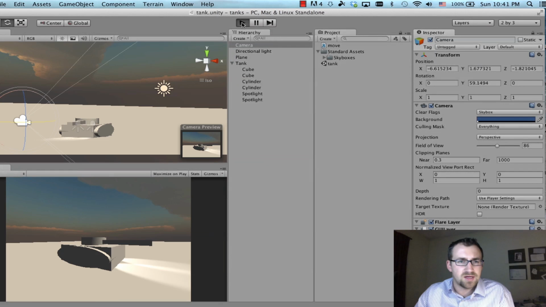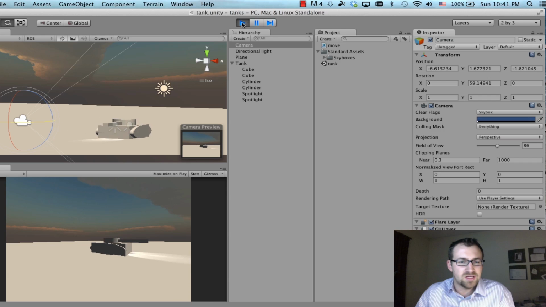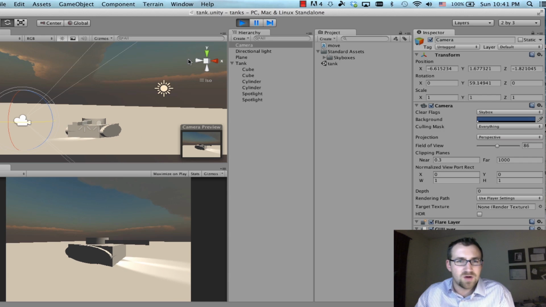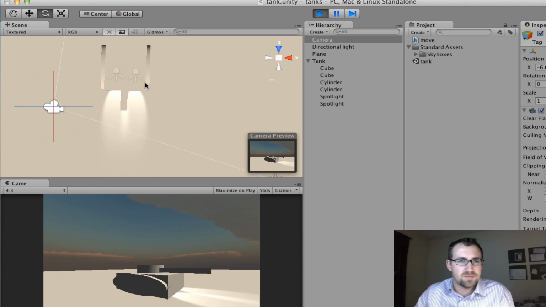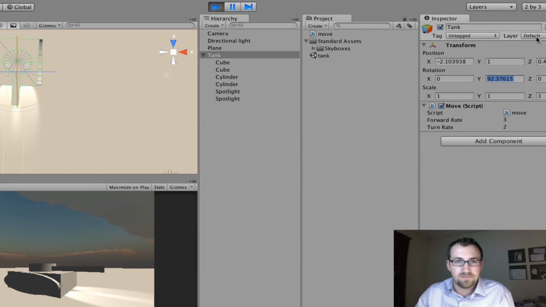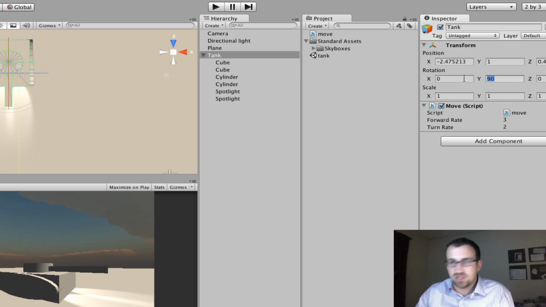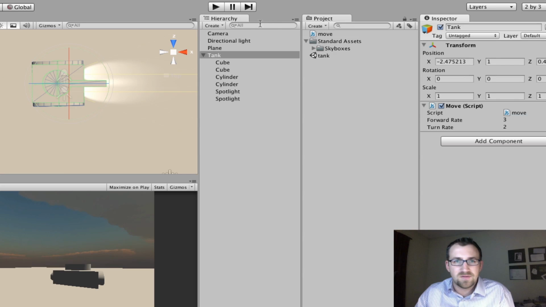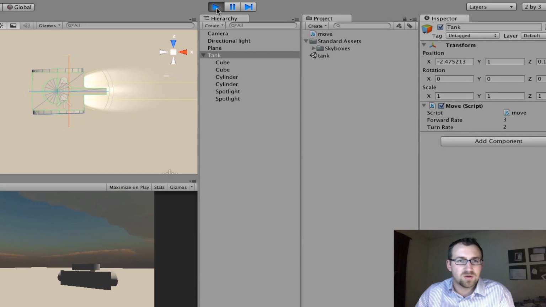Now if I click play, I'm going to turn my tank. Alright, turns just dandy. Now let's click forward. Oh, we have an issue with the forward. And the reason why, if you notice, my tank isn't along my z-axis here. It's the blue line. So typically when you have a game object, you want forward to be going along this blue line here. Sometimes you can go back and change that, click out of play mode real quick, by changing it in here. But if that doesn't work for you, and you click play and it's still going sideways like mine,